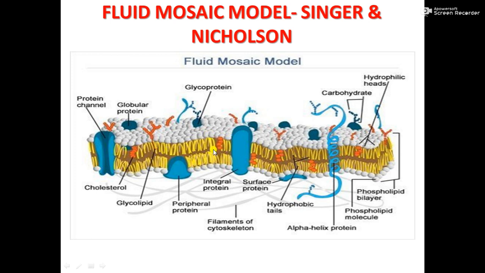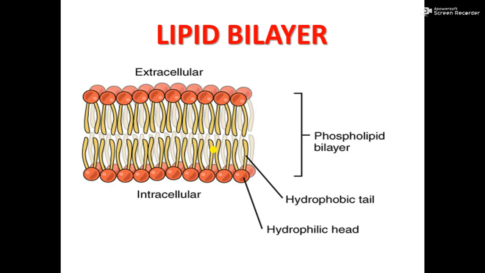So let us see the details in the next diagram of this bilipid layer. See, this is the bilipid phospholipid layer. So this is the head, this is the tail. Tail towards inside. This is the head, this is the tail. This also towards inside. So the tail portion is hydrophobic, that is water repelling, and this is the hydrophilic head. So through the inside, water soluble substances cannot move through. Okay, so this is it.